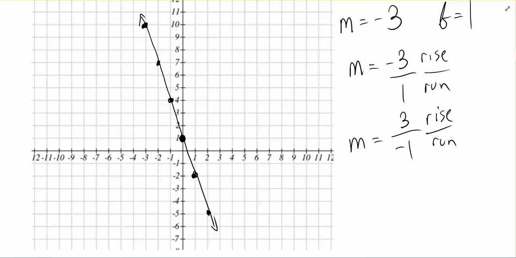And if we look back at that and say, well, what was negative slope? Oh, negative slope was decreasing. And if we look at this line, as you walk left to right down this line, you're going downhill, which means it is decreasing, which is what we wanted.